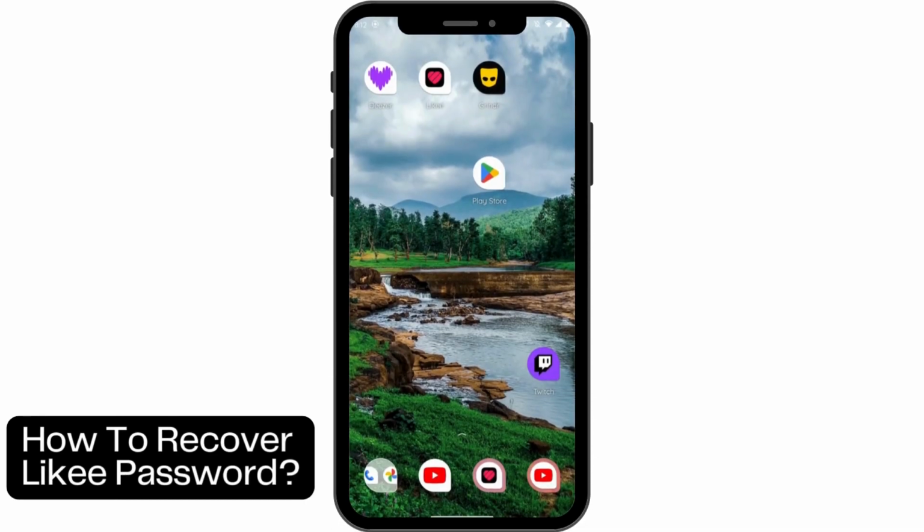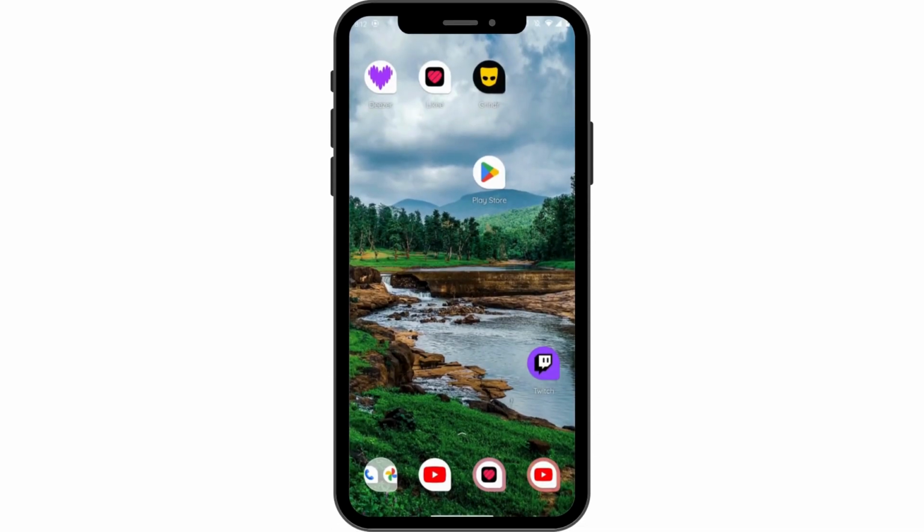How to recover Likee password. So if you want to recover your Likee password, then first of all you need to open up the Likee application,